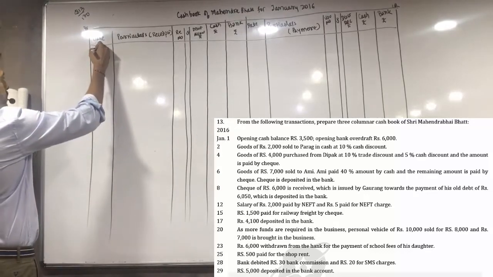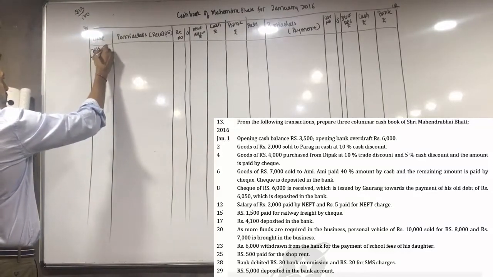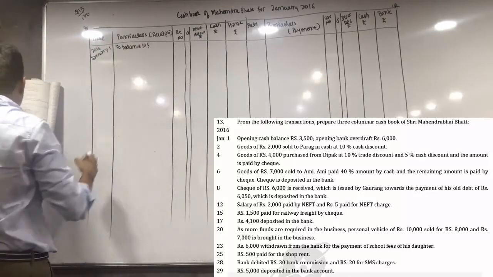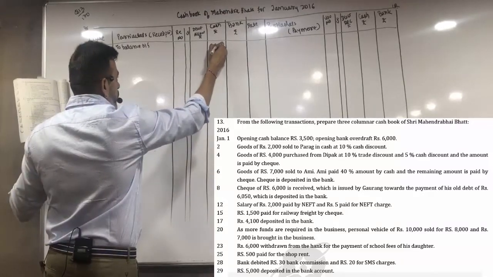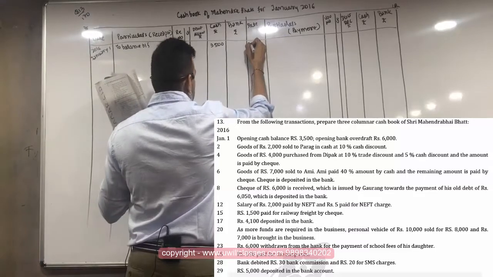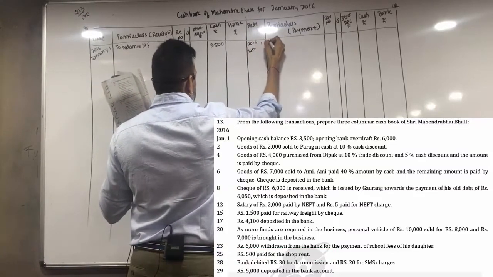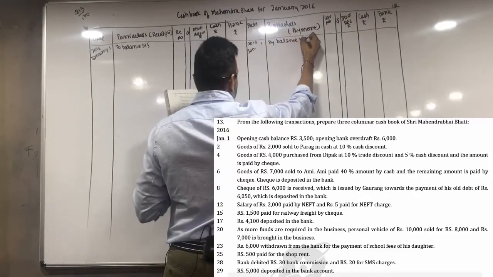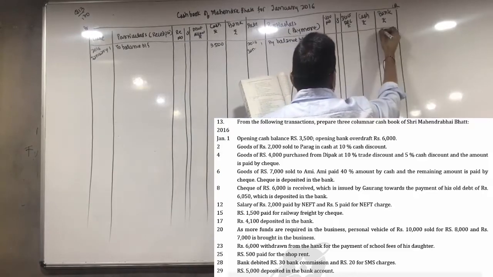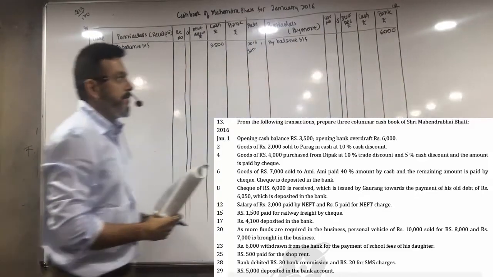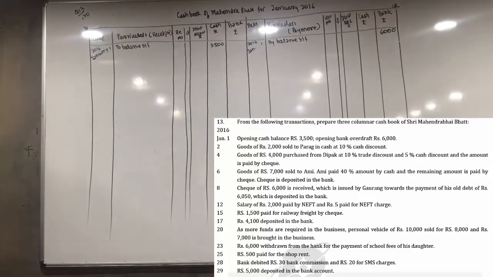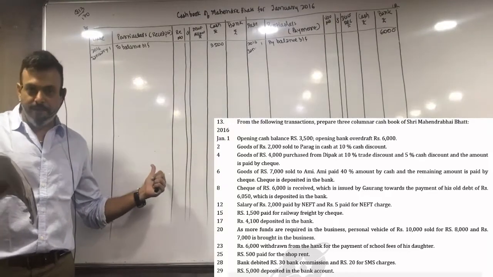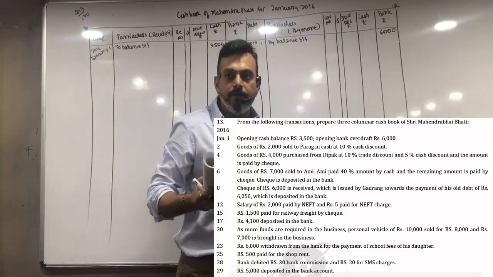2016, January 1, to balance brought forward, 3,500. 2016, January 1. Now, opening cash balance comes on the receipt side and bank overdraft comes on the payment or on the